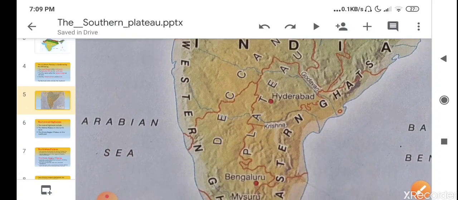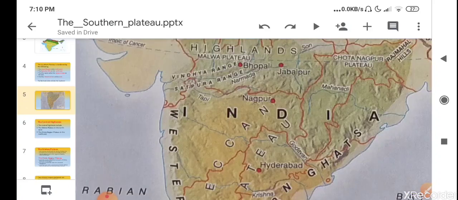This is because most of the land in the Deccan Plateau slopes from west to east.